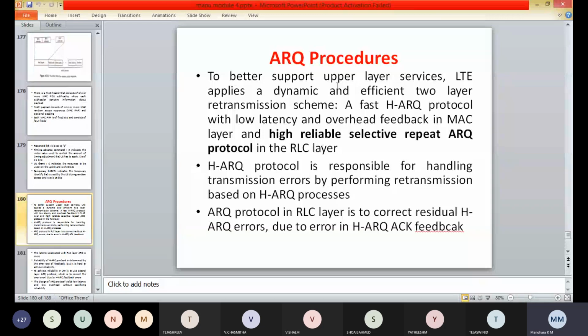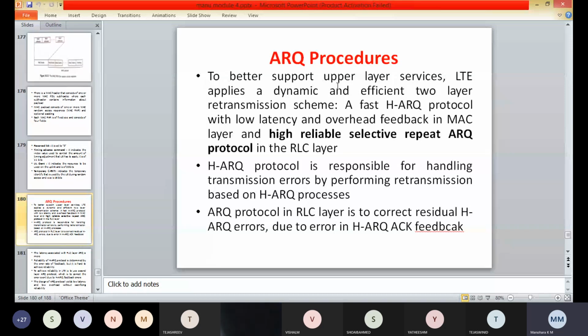So here the ARQ protocol in the RLC layer is used to correct the residual HARQ errors, mainly due to the error in the HARQ ACK feedback. The HARQ procedure also is only performed on the ACK.